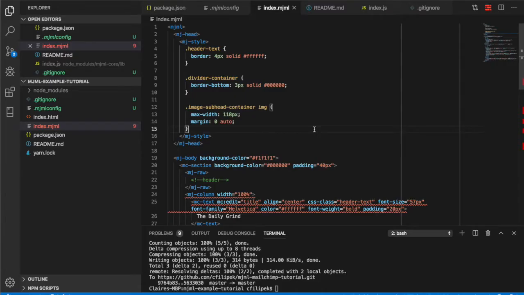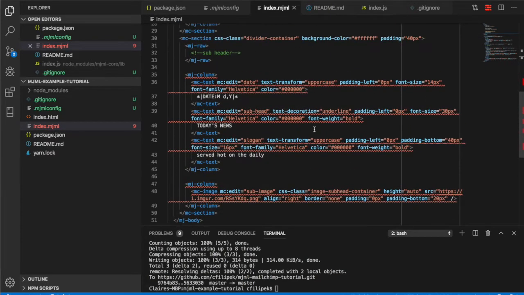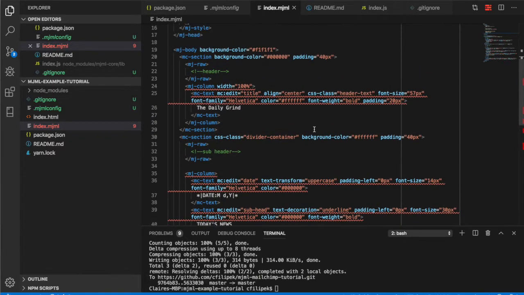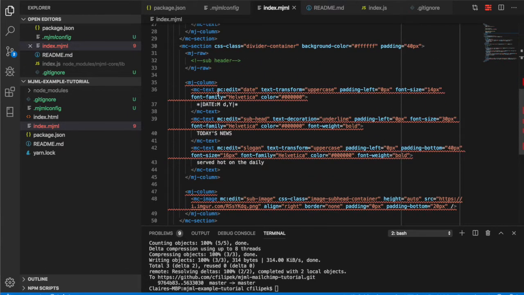Okay, I am back in the code editor, and this is what we got to last time. This is all of our code. Now this whole section, our subheader, is kind of large, so I'm actually going to import it from a different folder. Let's create that folder now, and I'm going to call it components, because we can just stick all our components inside of there. And then within there, I'm going to make a file called